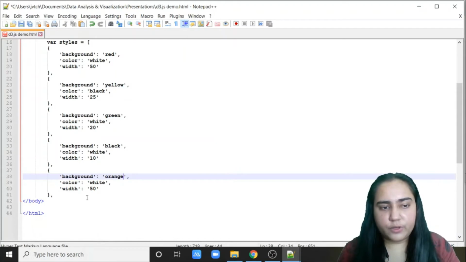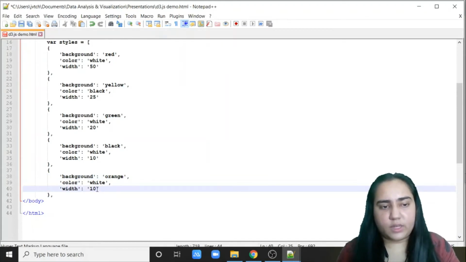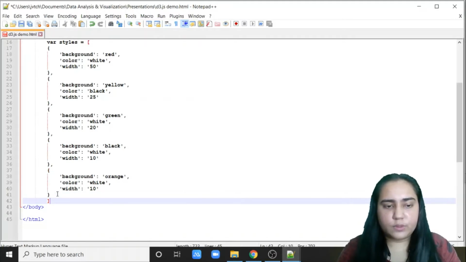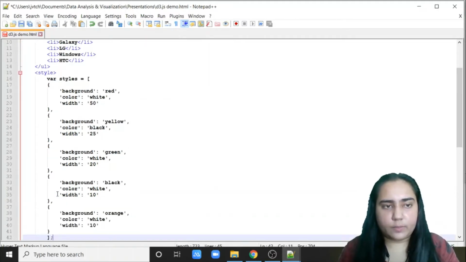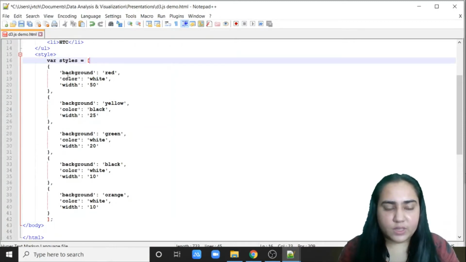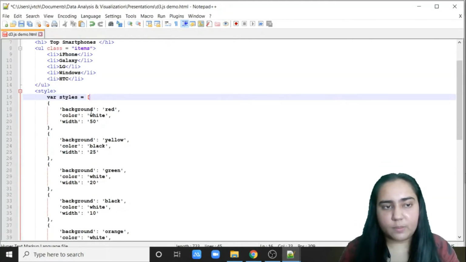This one's going to be orange with white background, and let's give it a width of 10 as well. And remove the comma that is there here because we are not adding another element. And now just close that box bracket that you opened here to declare this array of different styles. So now this array is having 5 different styles, and we want to apply them one by one on each